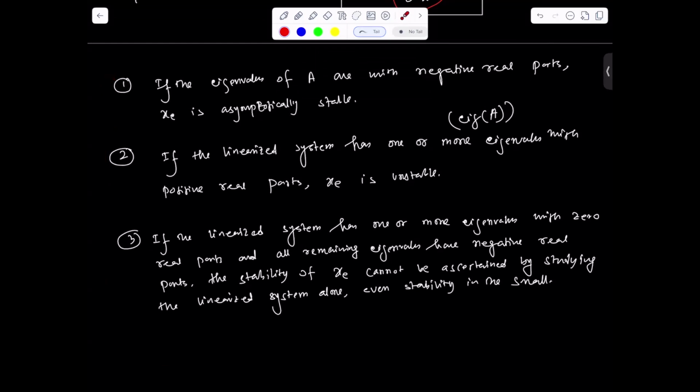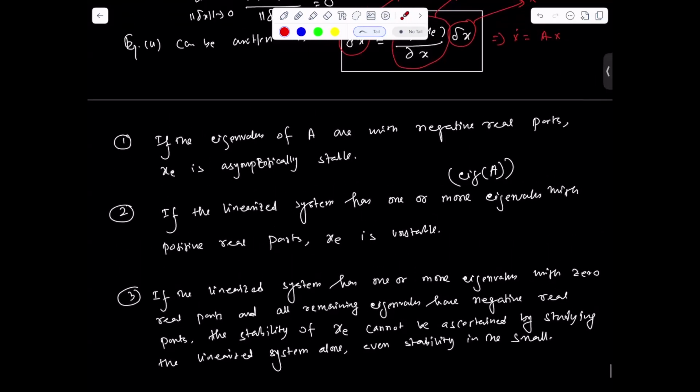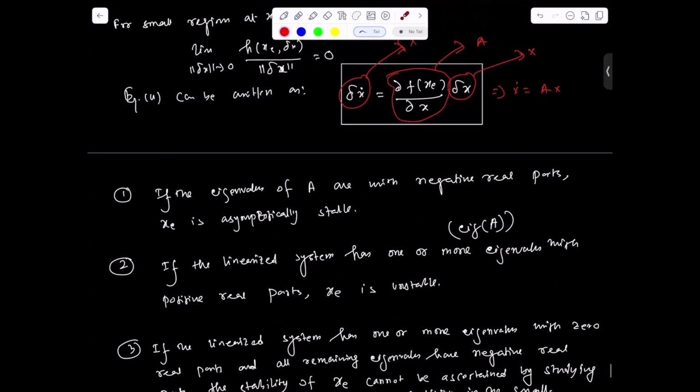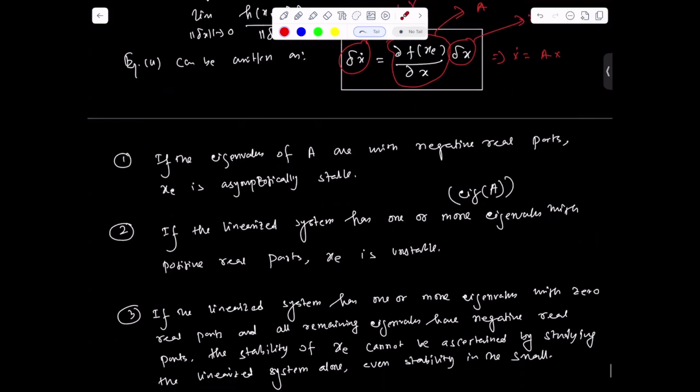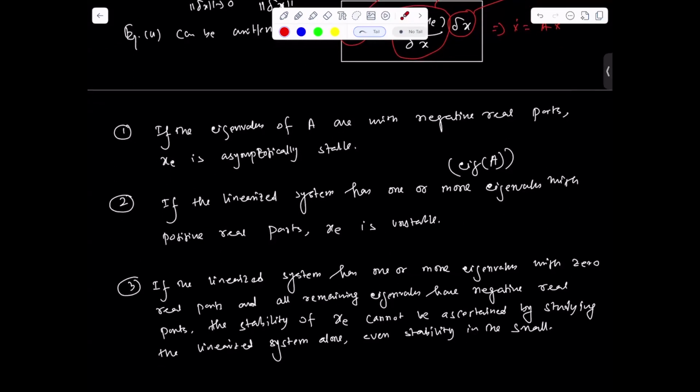We'll see in the next lecture onwards how we can come up with the Lyapunov second method, and also we'll have the Lyapunov theorem. So I hope this part is clear. Basically we'll find the linear system, and from the linear system we'll see the eigenvalues. Based on the polarity of the eigenvalues, we can comment on how the system stability would be. Let's stop it here. We'll continue from the next lecture.